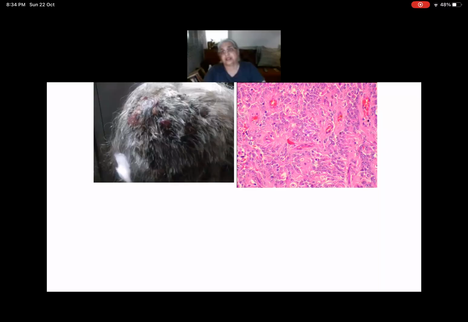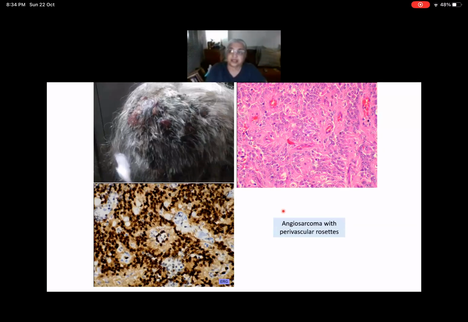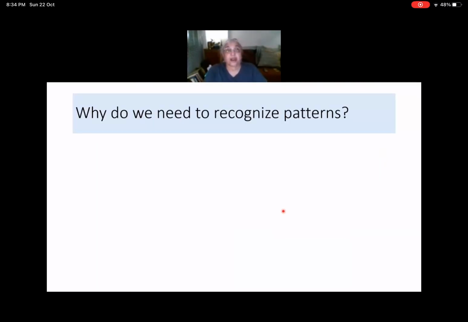All right, this is a very hemorrhagic lesion sitting in the scalp. This is the tumor. But I don't care whether you know what the tumor is. What is this pattern? What do you see in the center over here? There's a blood vessel. And then what do you see around it? Perivascular pseudorosette. So there you are. It's an angiosarcoma with perivascular pseudorosettes. It just shows better when you do a stain for the endothelial cells, which is